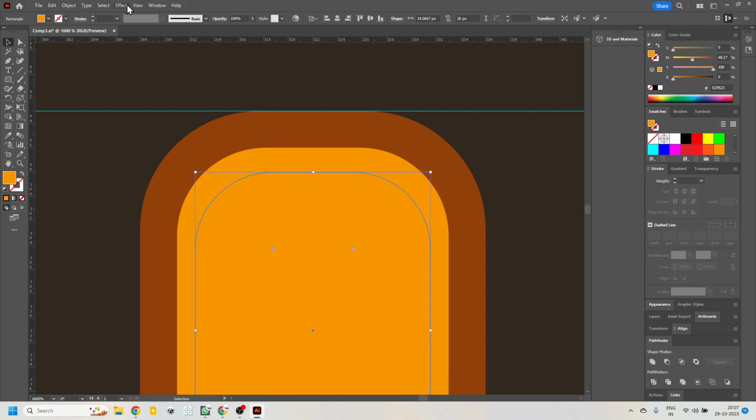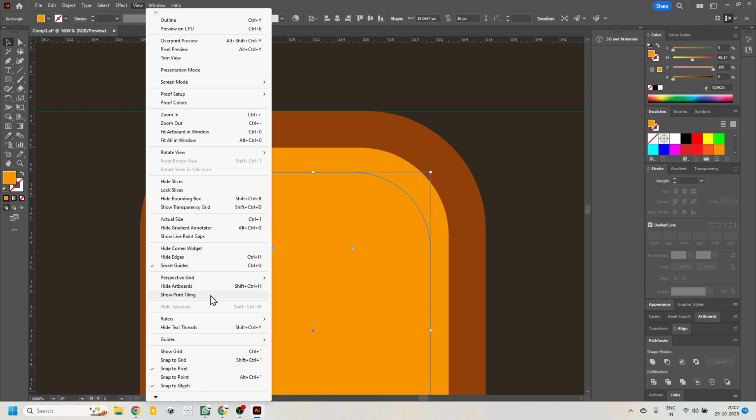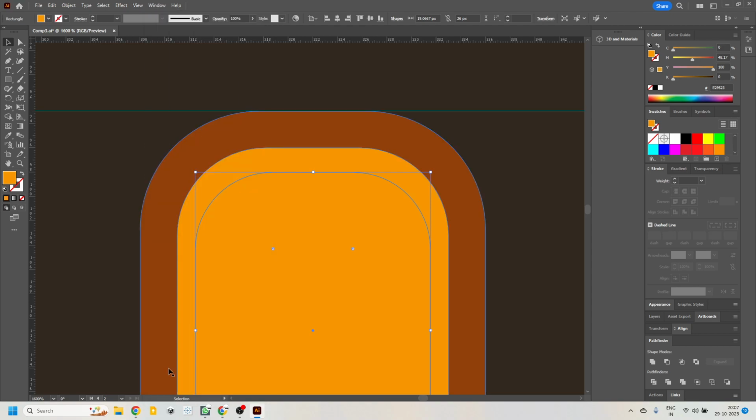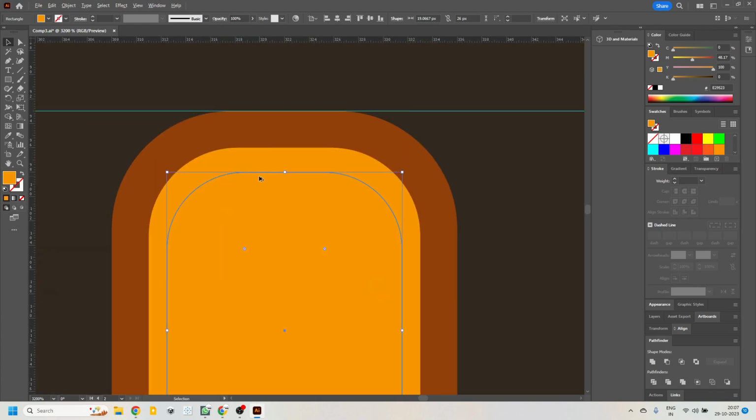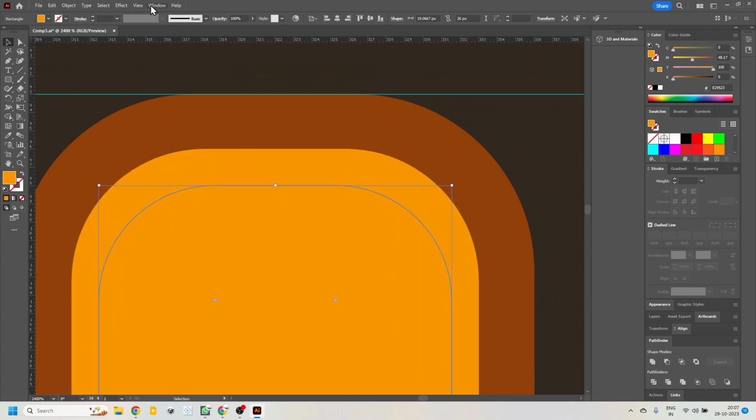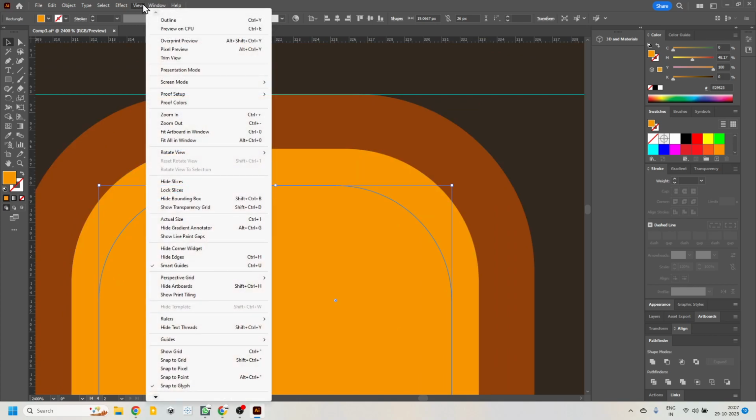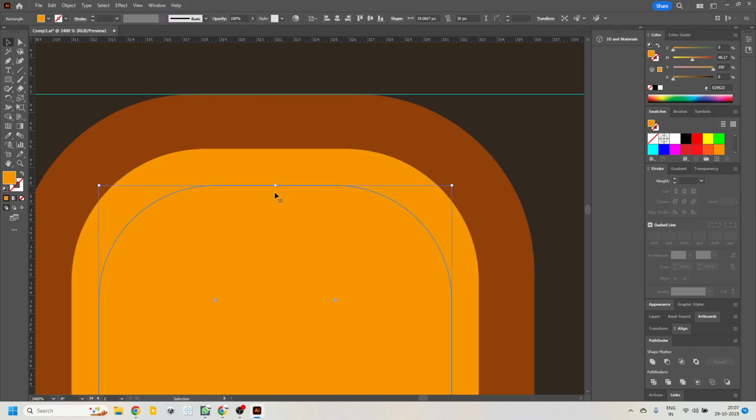So we have to go to the view menu and then look for snap settings. Yeah, so here are the snap settings. It says snap to pixel. We need to switch this off. Now this is behaving precisely the way we want. Sometimes these little nuances really frustrate you, but there are ways to handle it. So you go to view menu and then make sure that snap to pixel is off. Okay, and now I can push it up as much as I want,